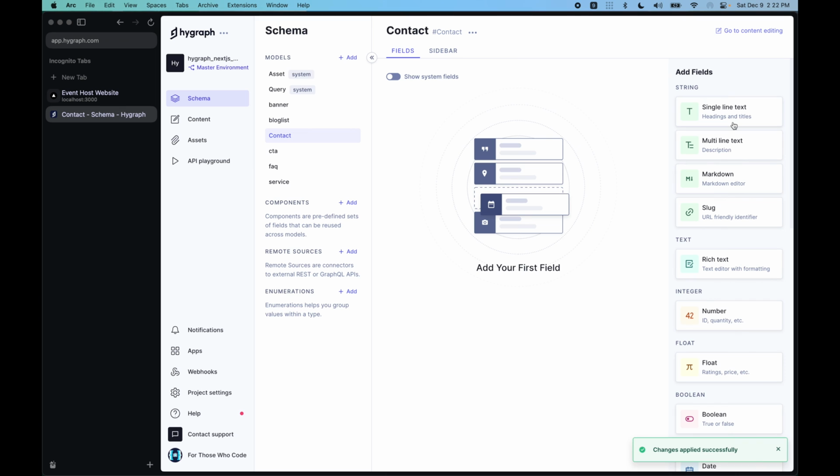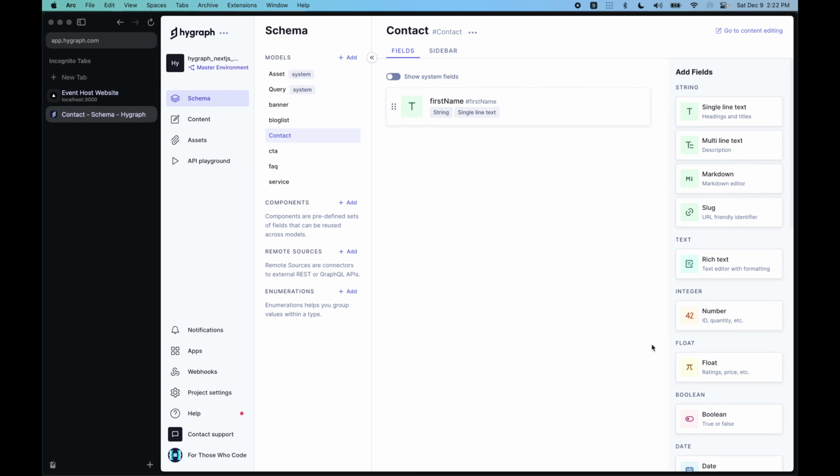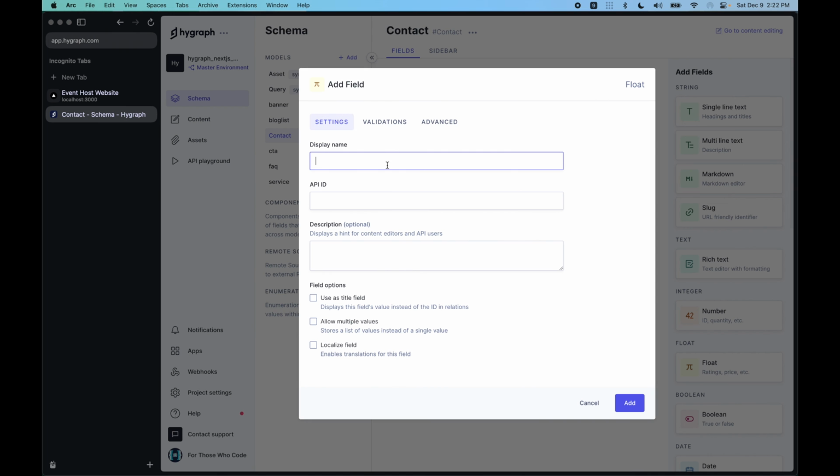So this particular thing, the contact model, will have a first name. You can also mark this as a required field if needed. And we can also add a phone number, which should be a float. Probably we could use integers, but float would be fine for now. Let's add a display name of phone,